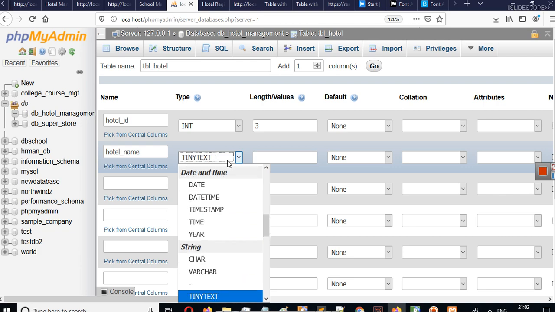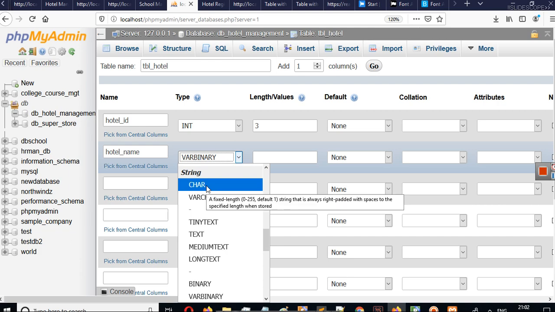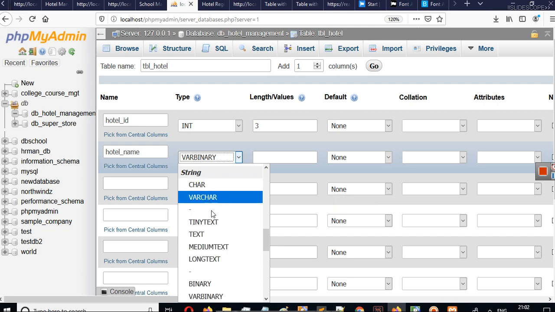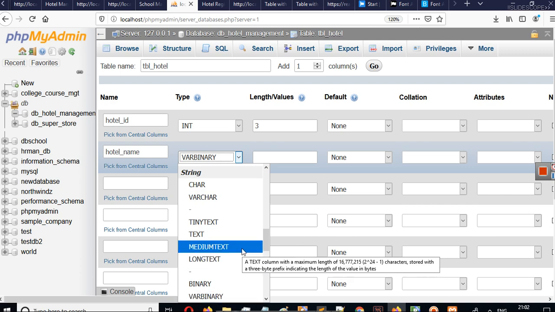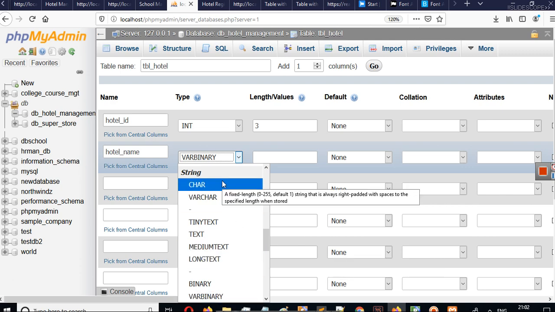So we have a string data type here. In a string data type we have char and varchar, tiny text, text, medium text, long text. Char means characters of fixed length, and we can set it for 0 to 255 character values.